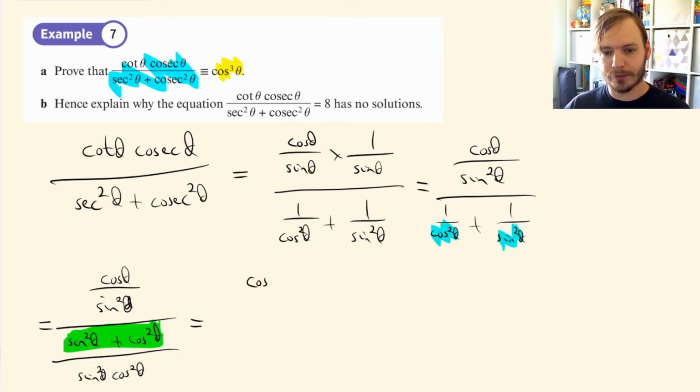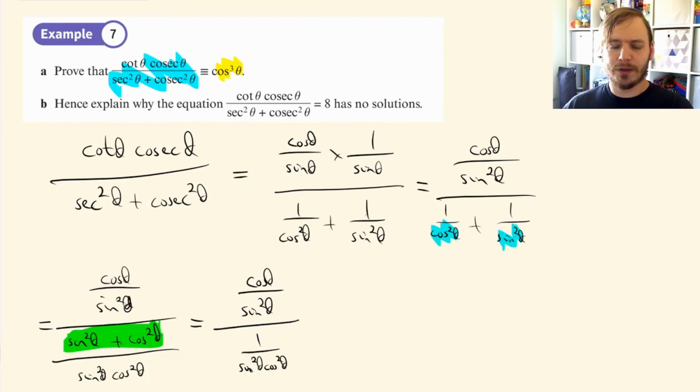So what we've got now is cos theta over sine squared theta, over 1 over sine squared theta cos squared theta. And now, to clear this mess up and tidy it up, if I multiply the numerator and denominator by sine squared cos squared,